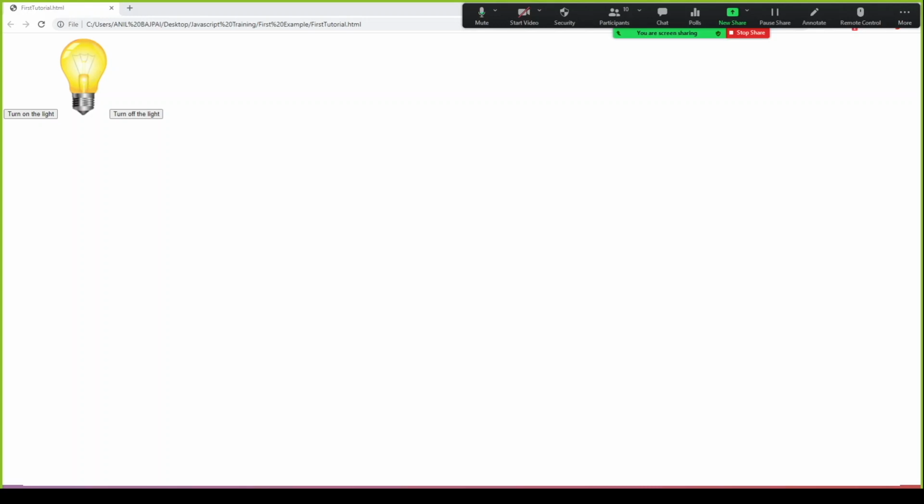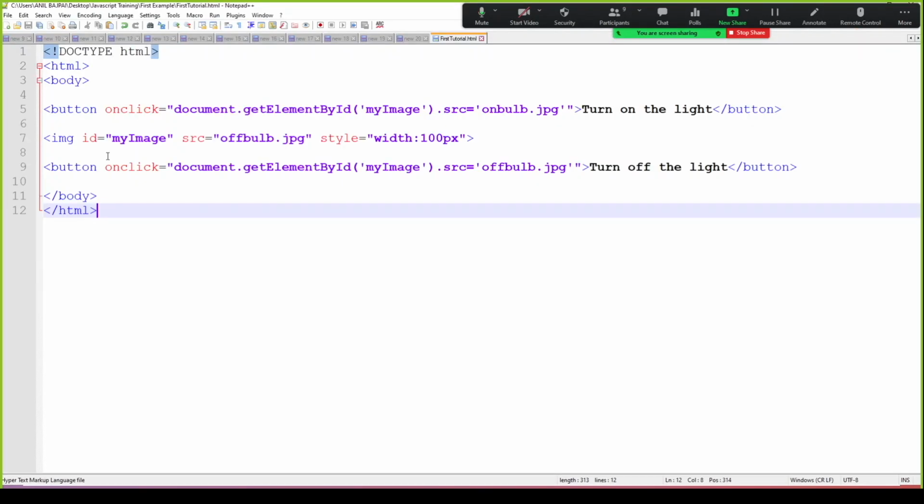So just do this quickly and then we will talk about how to put the JavaScript component to it. This button click is actually an event. When we are clicking on it, it is creating an event and then calling a JavaScript function which is replacing this image. You will notice that it is turning on and turning off, which is nothing, just replacing the image in between. So just create this quickly and let's construct it.